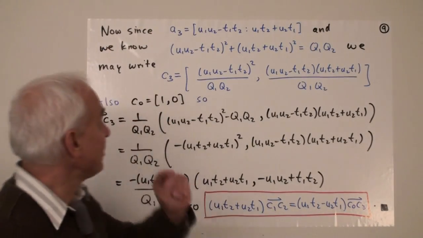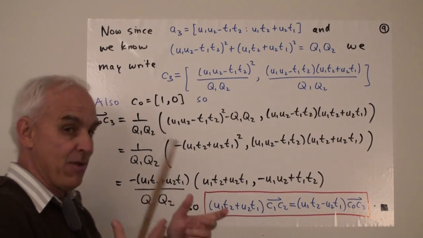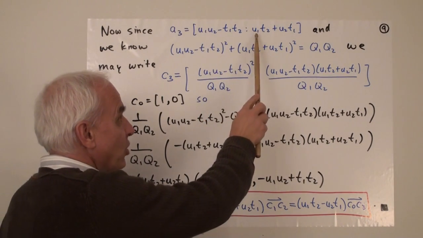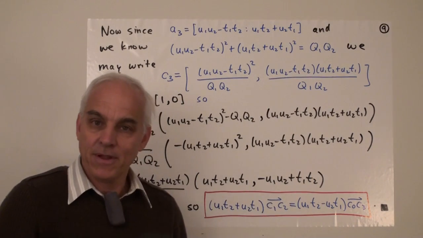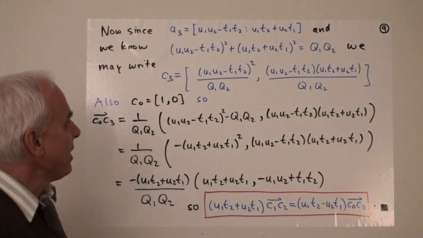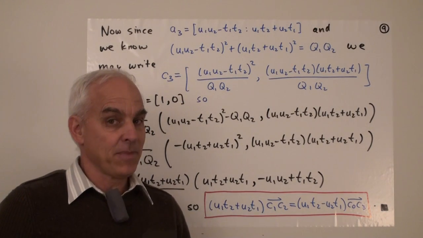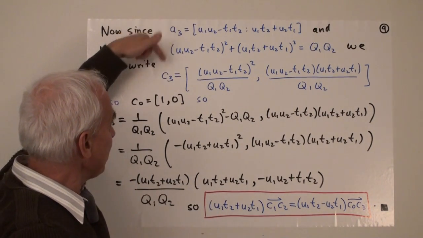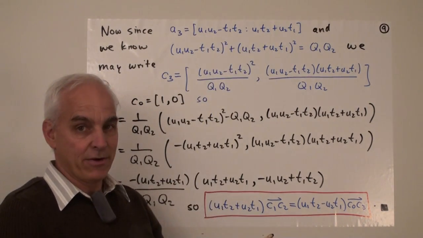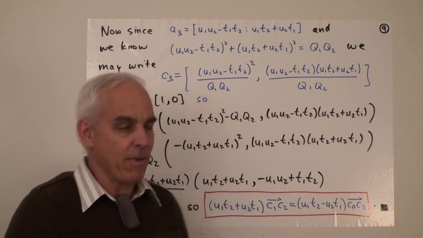Okay, so now let's have a look at the third point, A3, which is the product of these A1s and A2s. And it's given by U1 U2 minus T1 T2, U1 T2 plus U2 T1. That's basically our complex multiplication looked at projectively. Now, the sum of the squares of these two things is a familiar identity. That's important for us because when we form the associated point C3, we have this sum of squares in the denominator. And this sum of squares is exactly Q1 Q2, the product that we were just talking about.